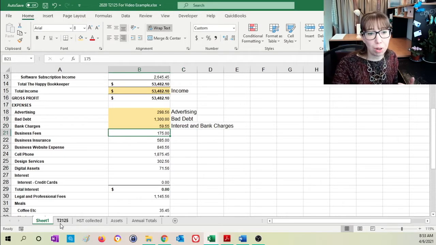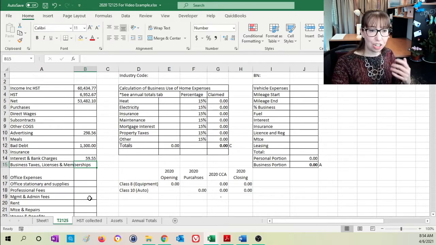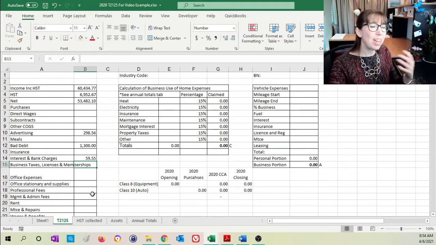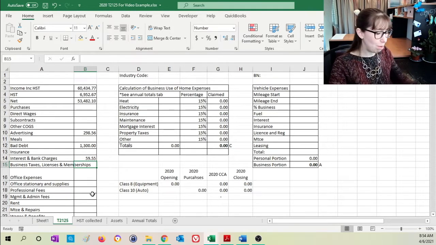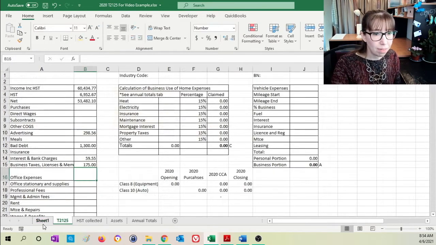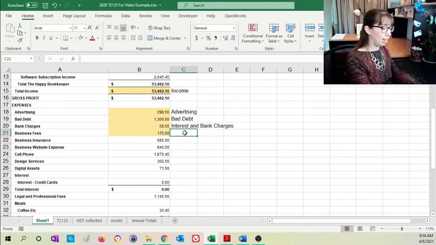Business fees. This was my membership with the local Chamber of Commerce. And so I'm going to put that to business taxes, licenses, and memberships. This business taxes, it's not referring to like the GST or the HST or the income tax. It's talking about sort of like the dues, your licenses, the memberships that you have to pay for being a business. So this would fall into that category right there. So business fees. And I'm going to come back. I'm going to make that peach. And I'm going to say